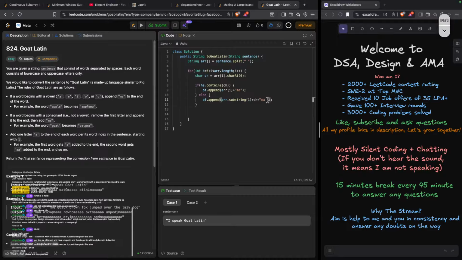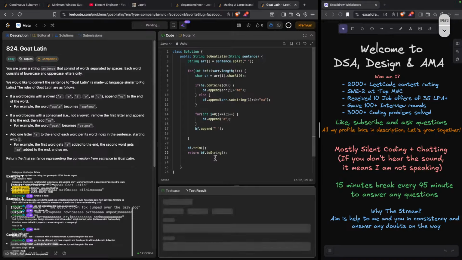So for int j is equal to 0, j less than i, j plus plus, bf dot append a, and then bf dot append space. Very annoying problem. bf dot trim, return bf dot string. There might be a lot of issues with this, but I think you can do it in a cleaner manner also.